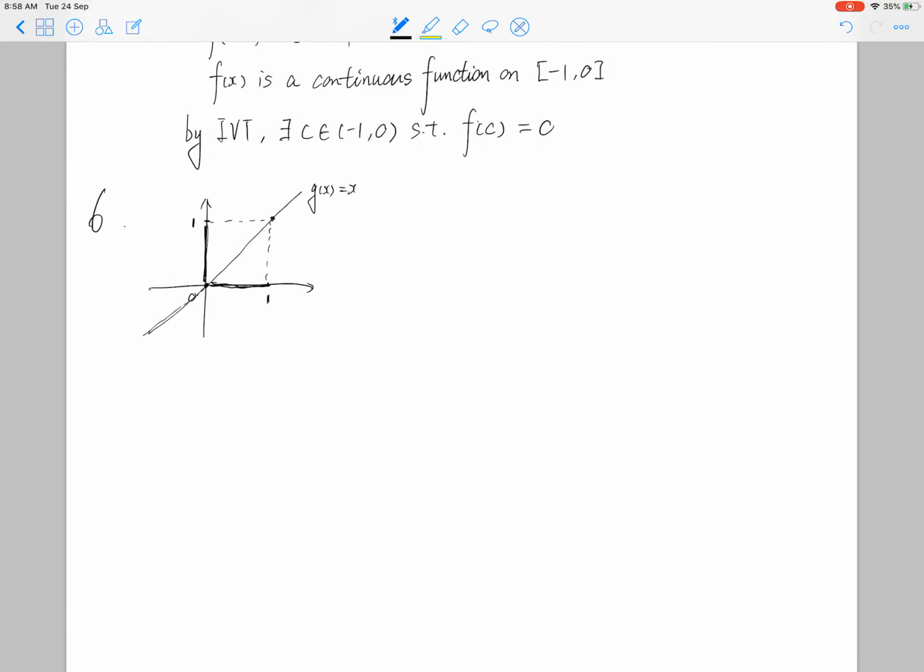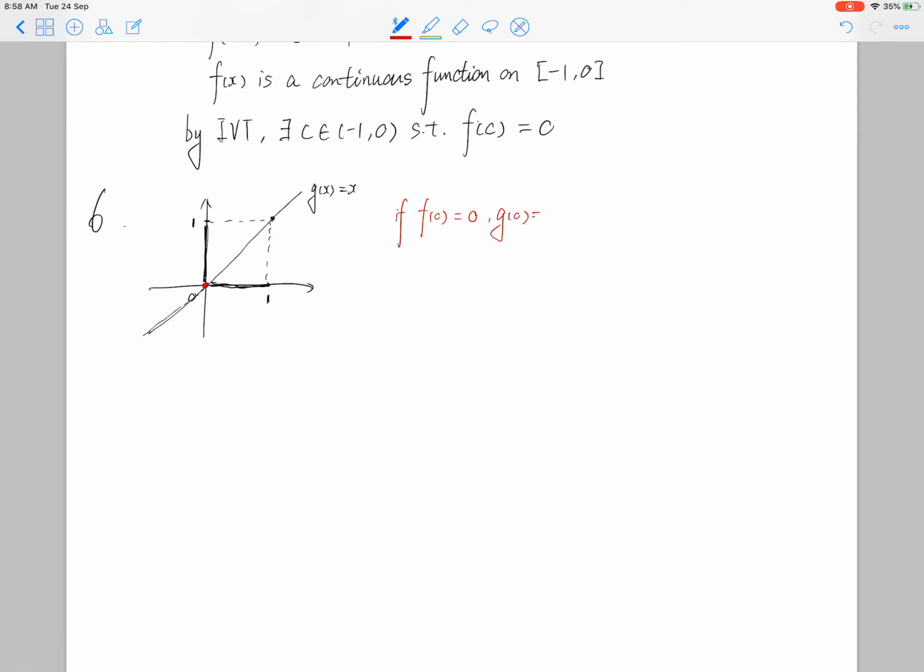So how do we prove this? When you try the examples, you should get the idea. For example, if you start your function from here, you're already intersecting. So if your f(0) is 0,